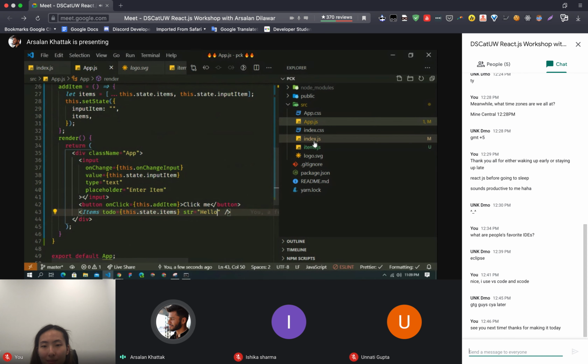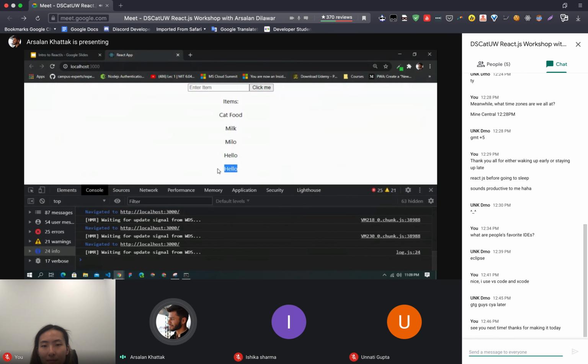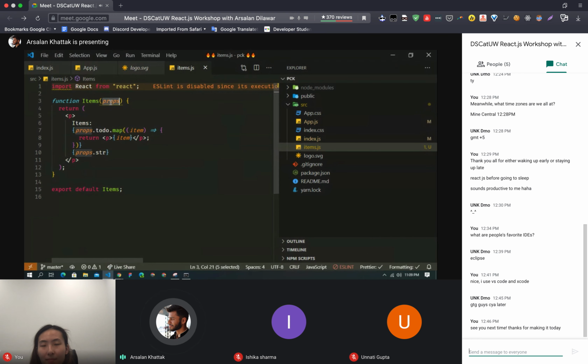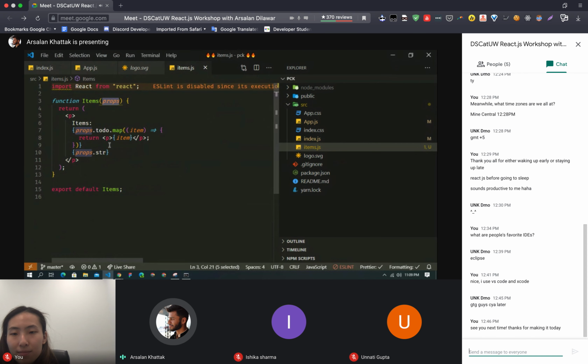That will also be available. Let me show you that as well. Props are str, and you can see this another header, which is props.str. So this props is an object which contains all the arguments that you passed from your class component, here, to do this.state.items. That is how props work in functional components.